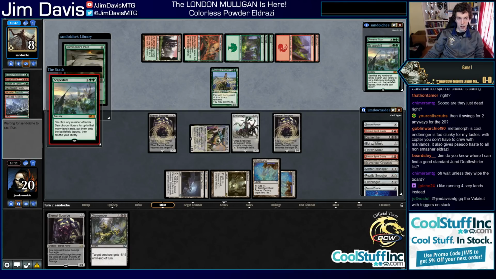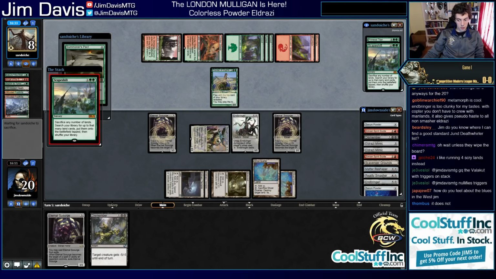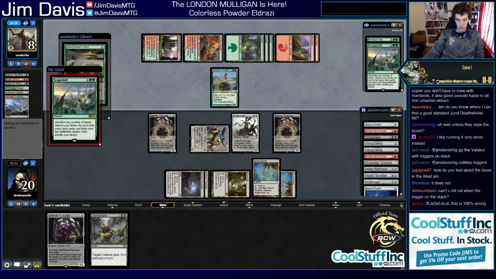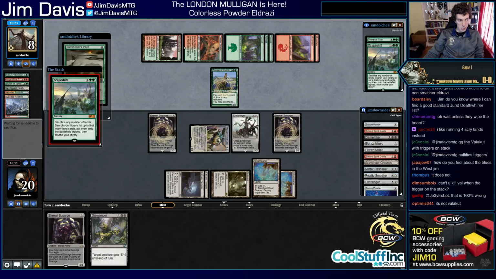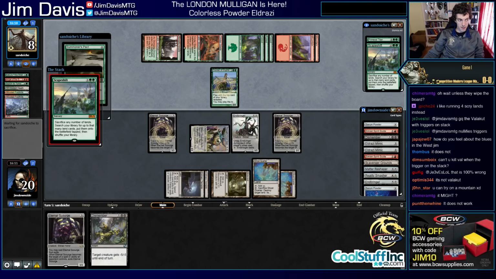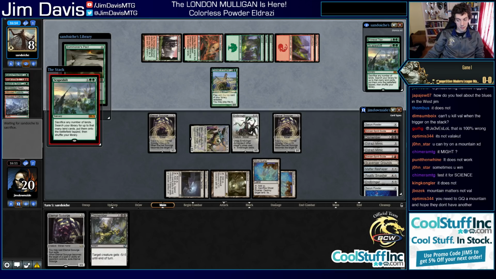Alright, we'll try Ghost Quarter with the Valakut. I don't know if that works or not. I have to read Valakut, but whatever. We'll see. They're still getting a lot of life. Yeah, I didn't think that worked. I could kill a mountain and hope they just don't have enough mountains in their deck. But